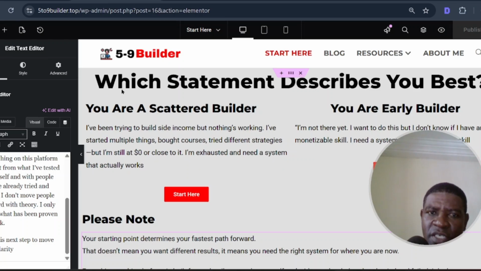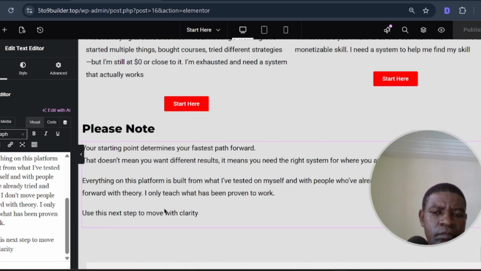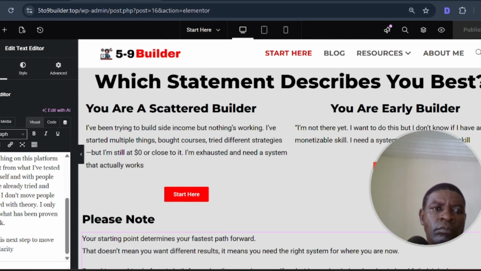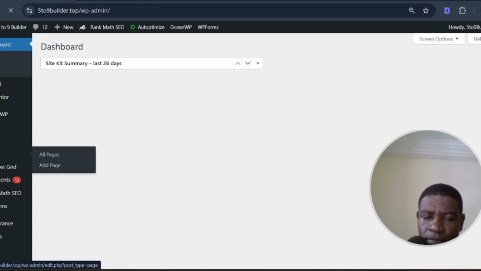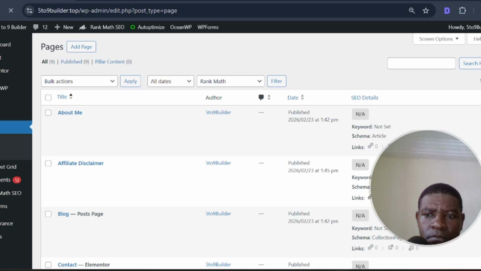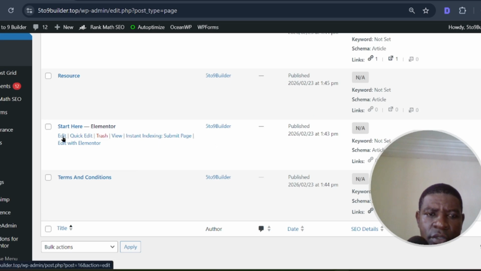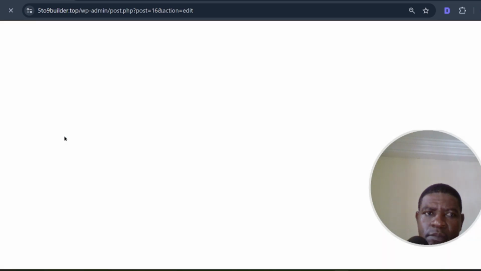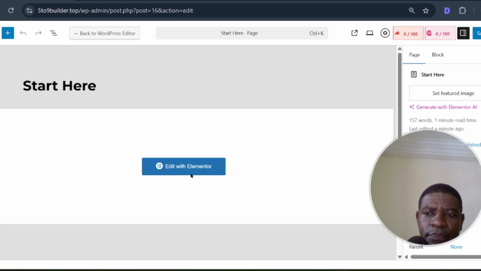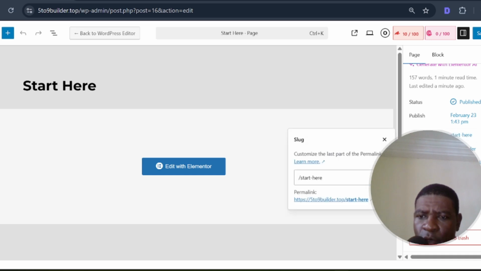So we come to the side, we come to the pages, then you go to the start here page, you go to edit, then you come to the slug, you copy this link and then